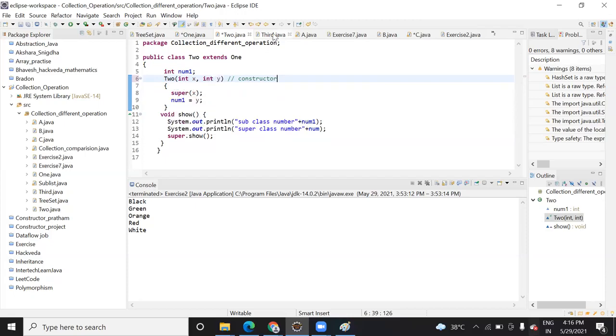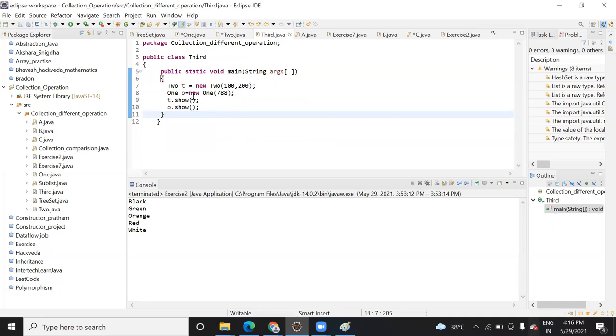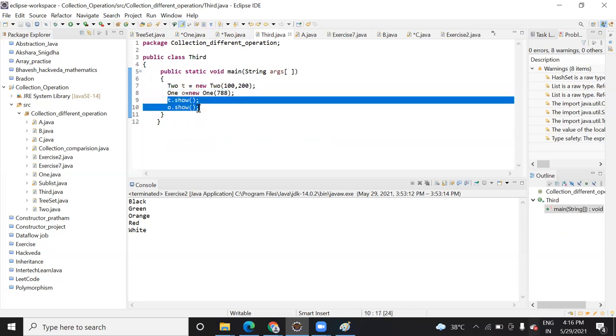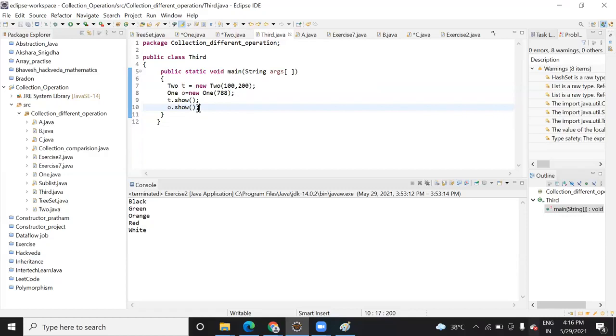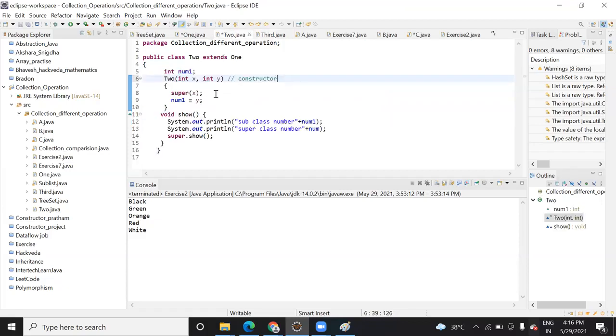So let me show you the third class also. And here I am calling this. You can check, I created an object and I have assigned a value. As I create this object, the constructor will get executed immediately. Similarly here also. I created this just to print the method value, because I have taken a method to print it. So here I'm just assigning 100 and 200 here.